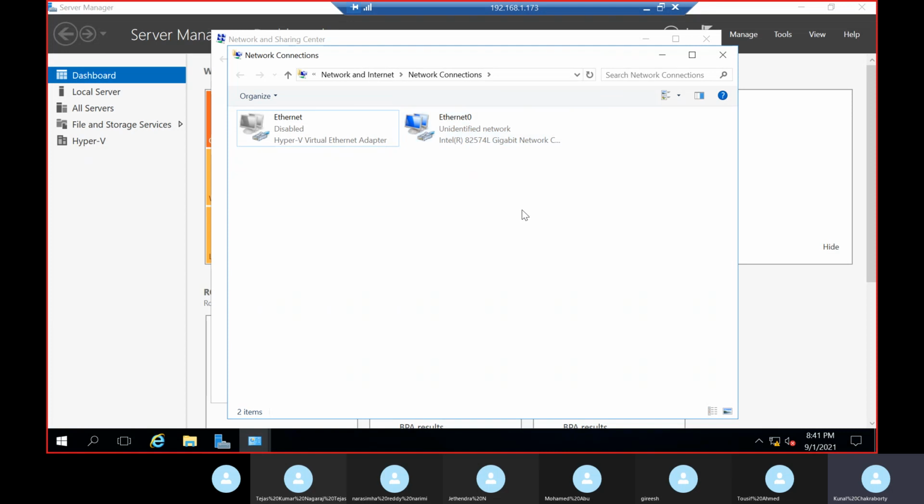Okay. So now just imagine this Ethernet 0 is there. You have managed Active Directory, and Active Directory is working under this Ethernet. One traffic is going through this Ethernet. Now again you have created a Hyper-V virtual machine and deployed some services there, and that also you are making path through the same Ethernet.